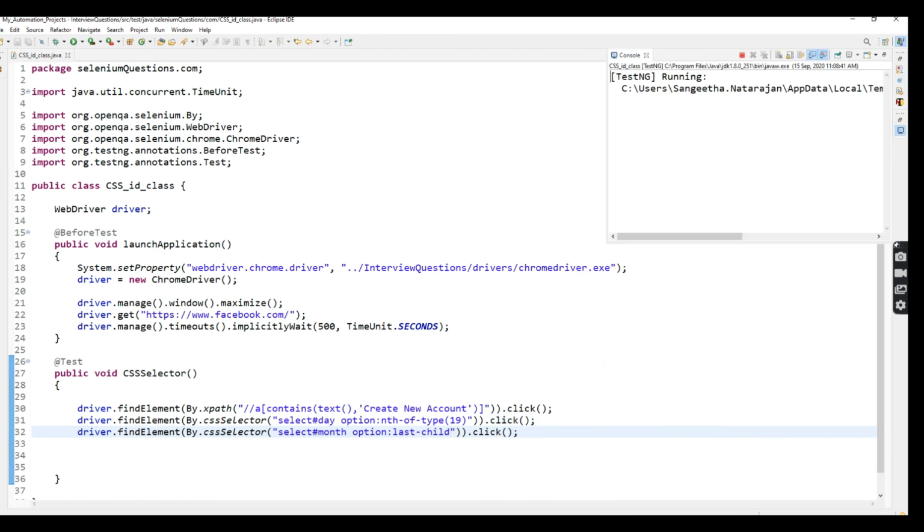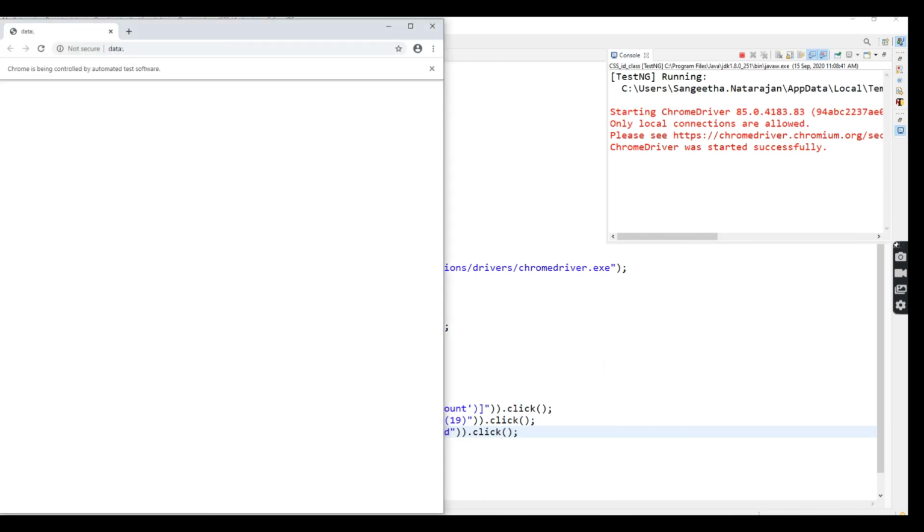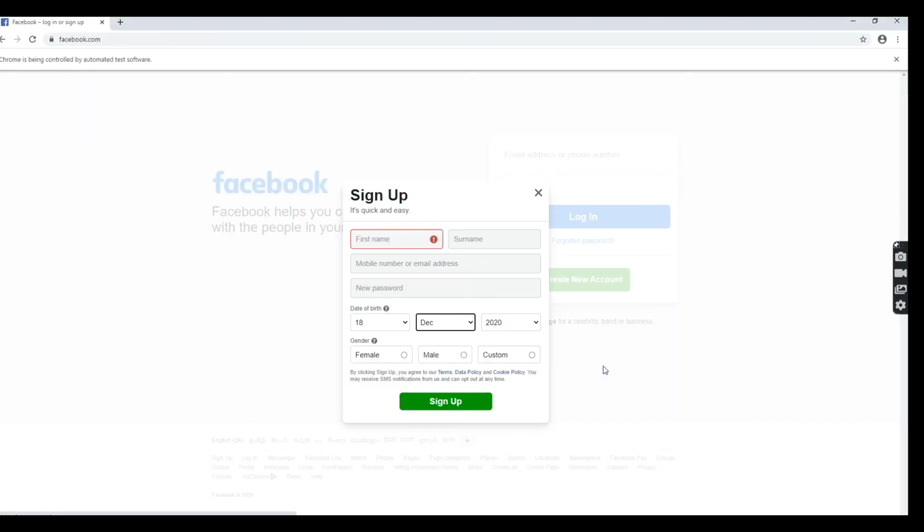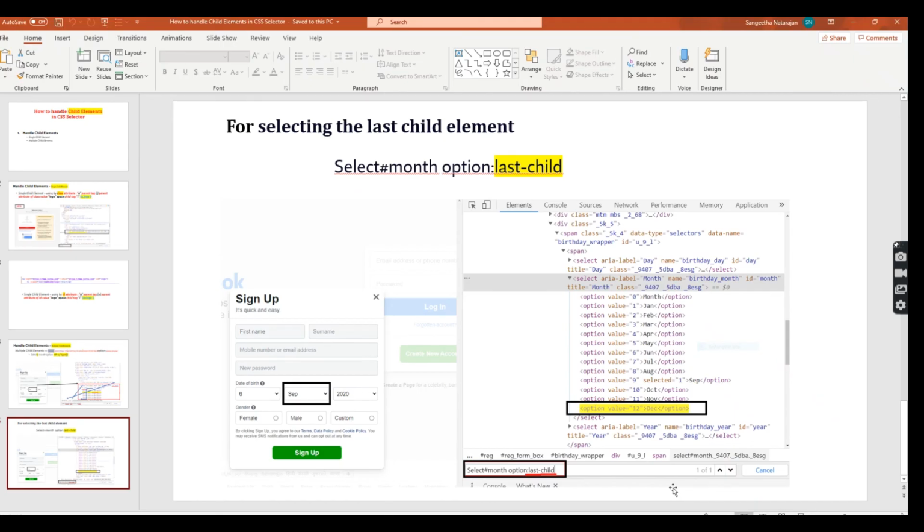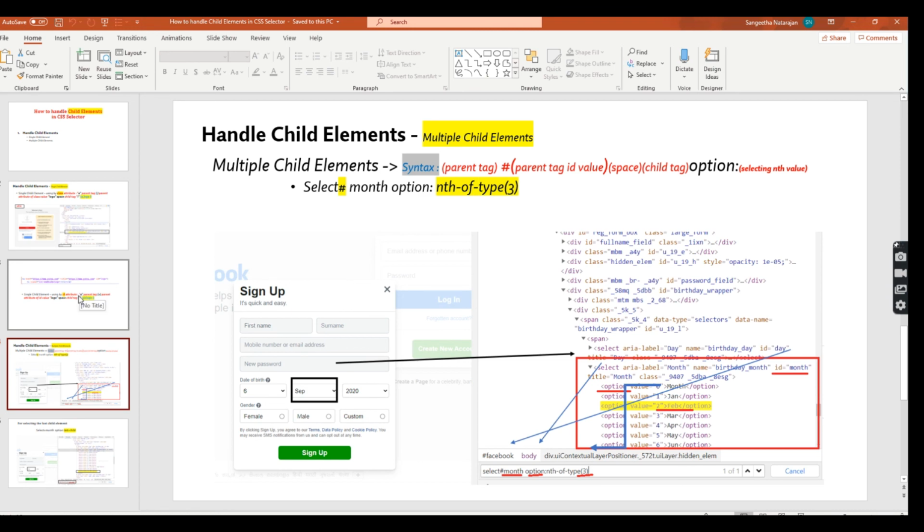Let's execute. See, December and 18th will be selected. Okay, so this is the way we handle child element, last child element and multiple child elements. Okay, thank you guys.